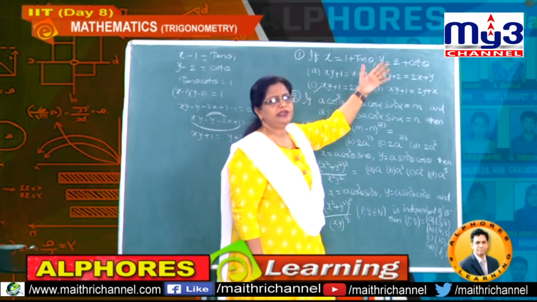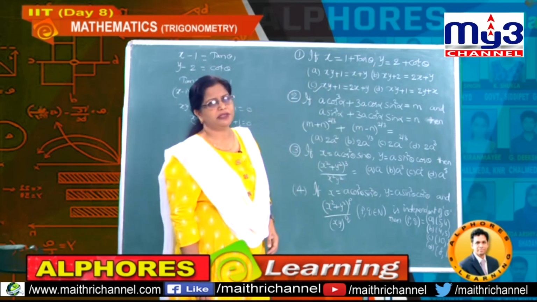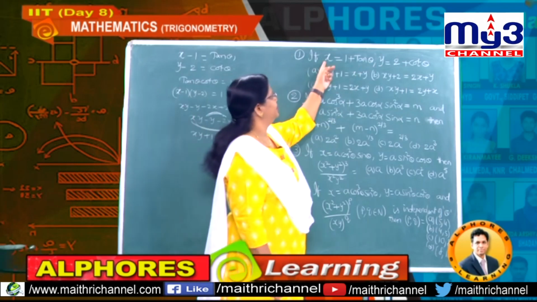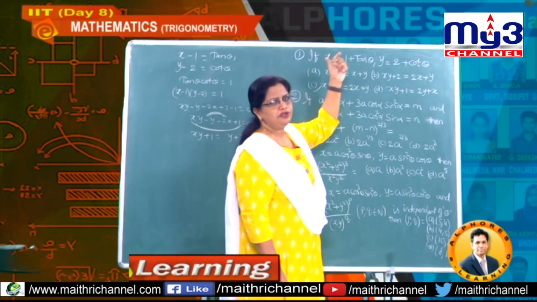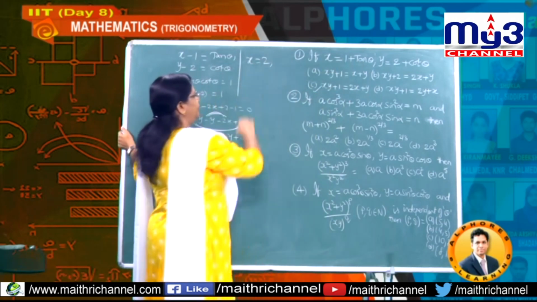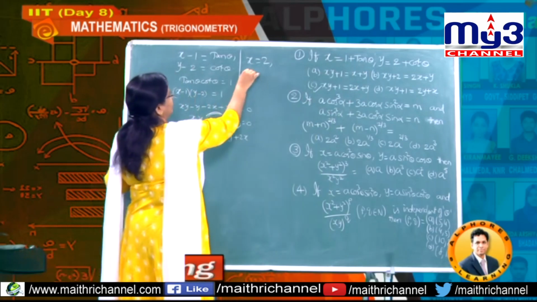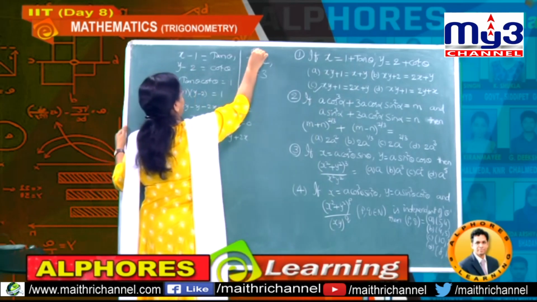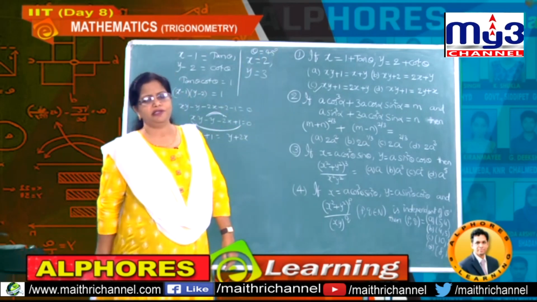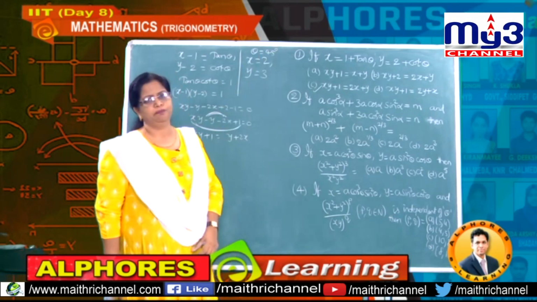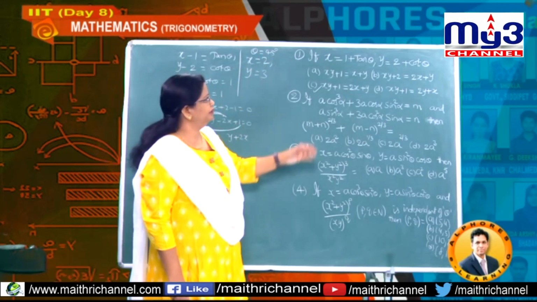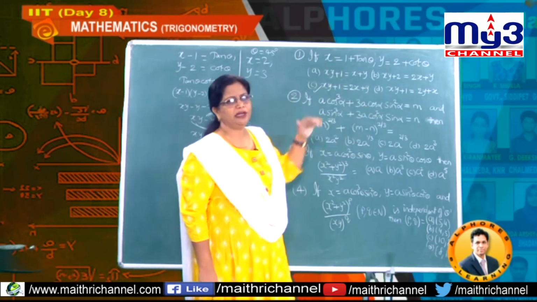What is the easiest value for the tan cot combination? It is nothing but 45 degrees. If I substitute, how much will you get? 1 plus 1, 2. So, x equals how much here? 2. And what about the y value here? 3. So, what have we taken here? Theta equal to 45 degrees. So, you got x value as 2 and y value as 3. Then x is 2, y is 3. Check in which of the options it can balance.